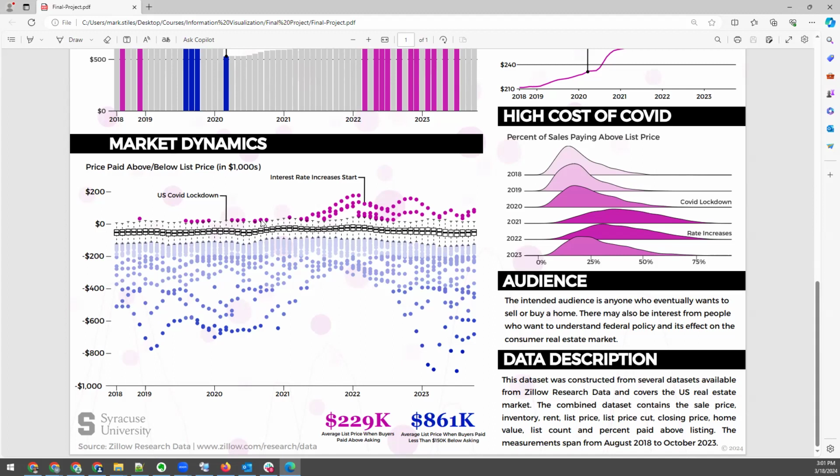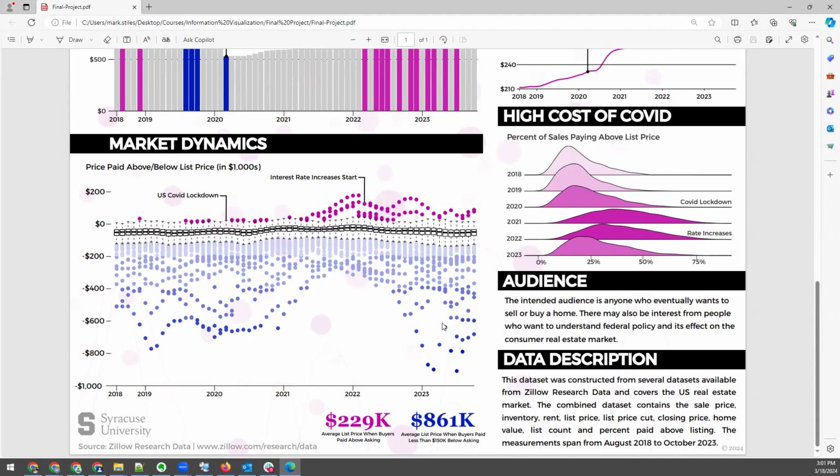But what's different is that here, just shortly after the COVID lockdown, you start to see a big increase in the number of people paying over. And even here, people who were getting a cut all of a sudden weren't. So there's a big shift going this way where the prices were really starting to move high. And that's when the increase of the interest rates happens. And it didn't really seem to have much of an effect on people paying over. Maybe it slowly started to stop,